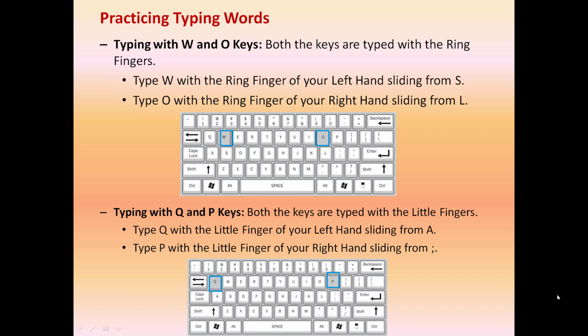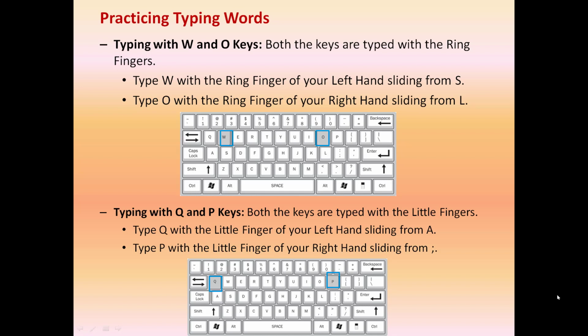Always keep in mind that when you press any keys of the top row and the bottom row, your finger should always be placed on your home keys, that is ASDF and semicolon LKJ. If you are going to press the W key with the help of your left hand ring finger, it is on the S, then after pressing the W your finger should be kept on your home keys. That is, it is going to be on the S key again.